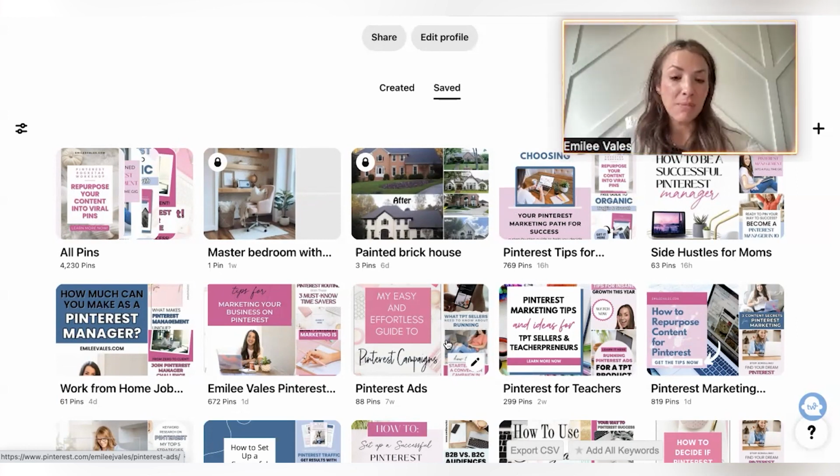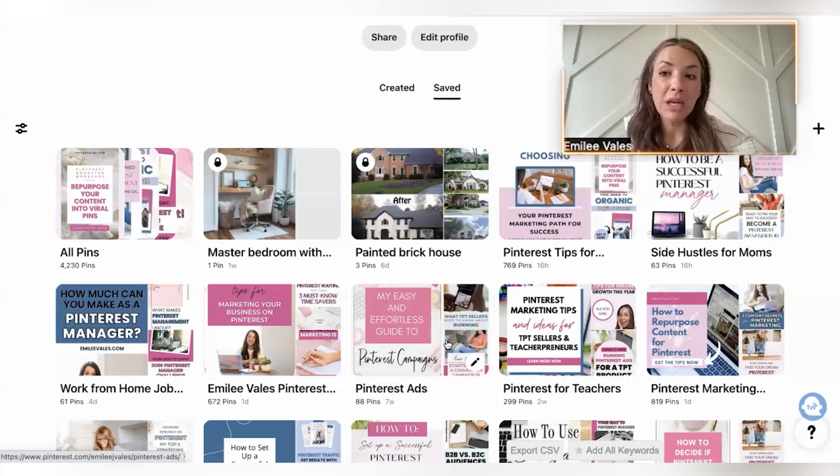So one thing that I do when I'm performing a Pinterest account audit is I count how many boards there are. And if there is an insane number, I start to think, okay, we're probably not pinning to all these boards consistently. What boards are necessary? What boards are essentially inactive? And sometimes when we have made a board that is too specific, then we don't have enough content to fill that board or pin to that board regularly. And then I start thinking, how could this be lumped in with another board that's maybe a little bit more broad? It can be very beneficial though, when you are naming your boards